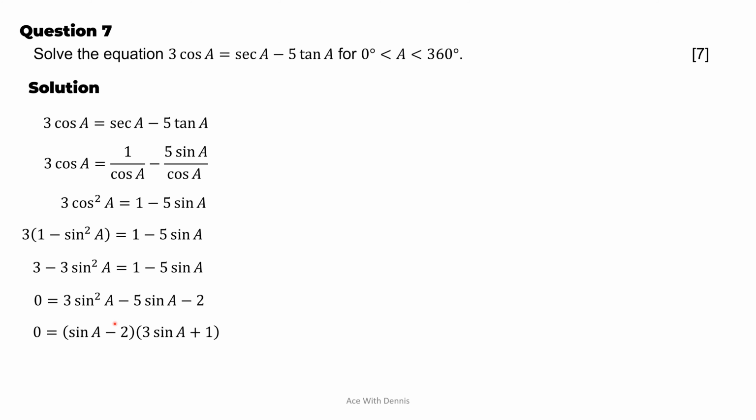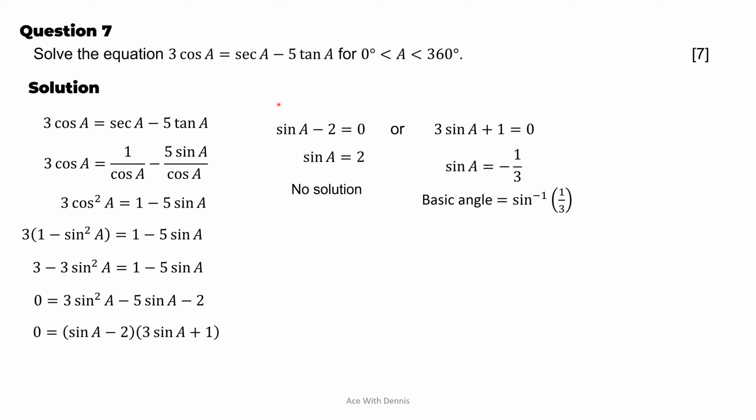Factorize it. 0 equals bracket sine A minus 2, then times 3 sine A plus 1. So we can equate sine A minus 2 equal to 0, or 3 sine A plus 1 equal to 0. That means sine A equals 2 or sine A equals negative 1/3. We know that sine A cannot be more than 1. Therefore, sine A equals 2 has no solution. For sine A equals negative 1/3,